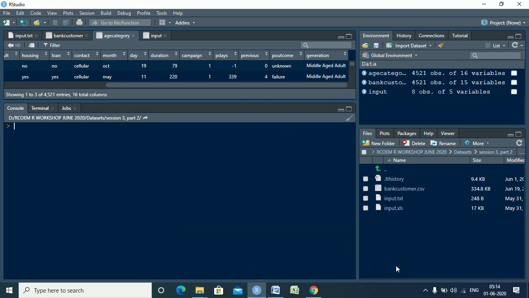Now we can place this operator between different operations to connect them all together. That is, if I am performing a series of operations and I want to interrelate them with each other, I need to connect them together. In that case I make use of this pipe operator, right? So in this case